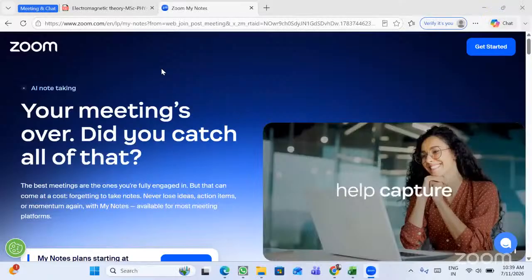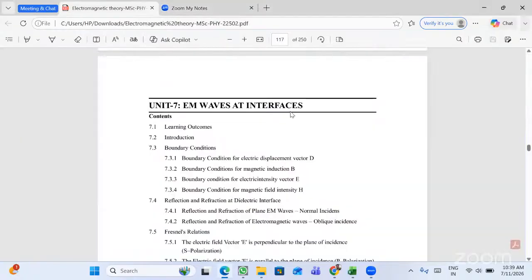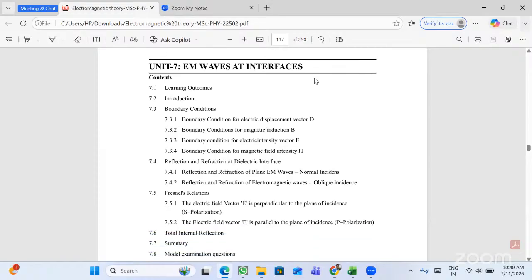So here, what I'm sharing is, okay. As we know, this chapter which we have is this part. We are seeing electromagnetic waves at the interface. Right, this part, the electromagnetic waves. So at the interface, okay, this is what we are seeing, how the electromagnetic wave will be propagating at the